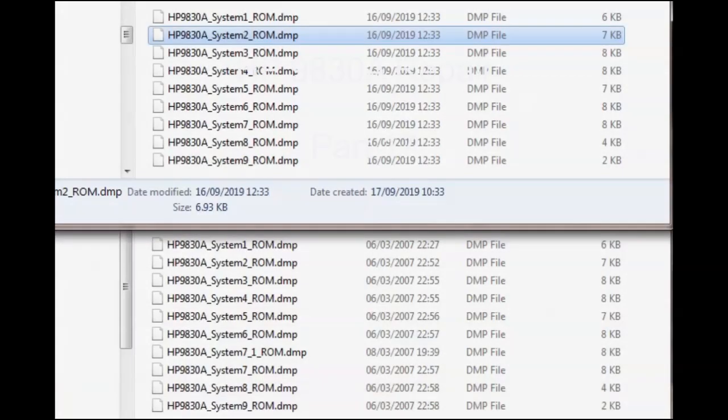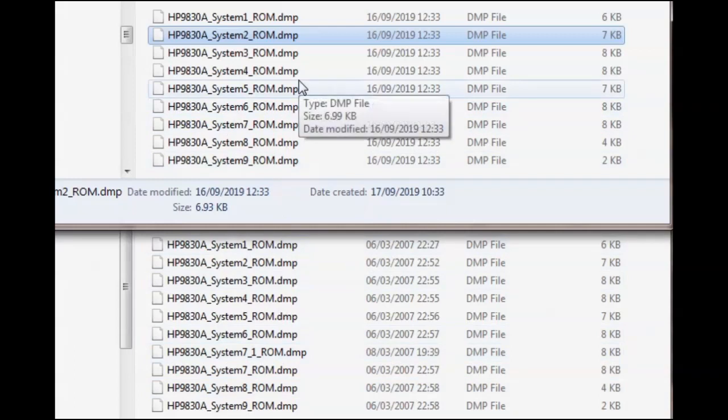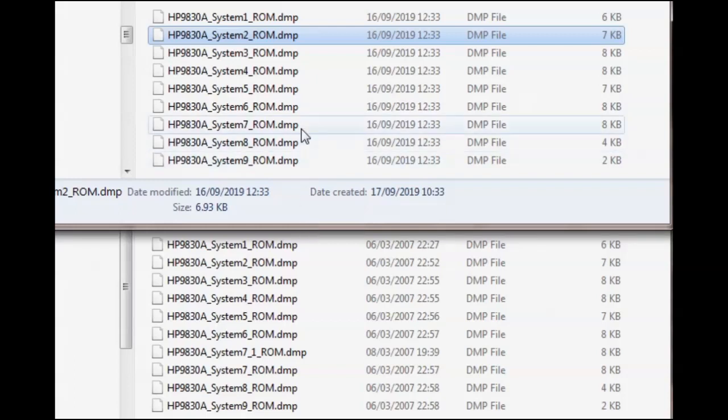In the previous video I was showing a simple piece of software that I'd written to compare the two sets of ROM dumps that I have for this HP9830A desktop calculator. The set at the bottom here are the ones from the emulator that I was looking at, and the set at the top are the ones that I derived from the ROM card in my actual machine, and I was comparing them ROM to ROM to see if there were any differences, and found that there were differences in several of the ROMs. As it turned out, the software identified that there were several differences in each of 3 pairs